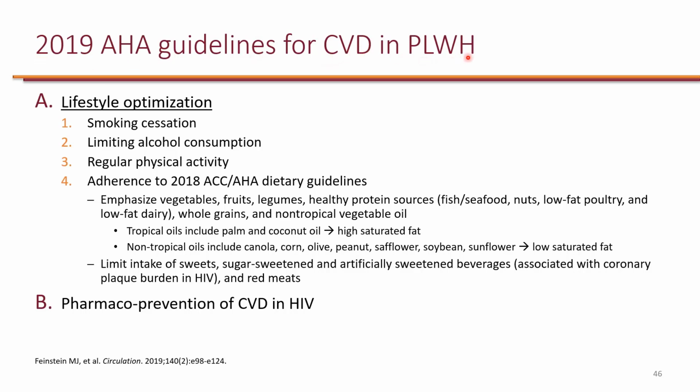So this is HIV specifically, and they had two types of recommendation. One was lifestyle optimization, and one was pharmacoprevention of cardiovascular disease in HIV. So at the top of the lifestyle optimization is smoking cessation, followed by limiting alcohol consumption, increasing physical activity on